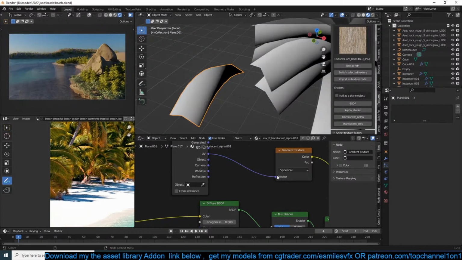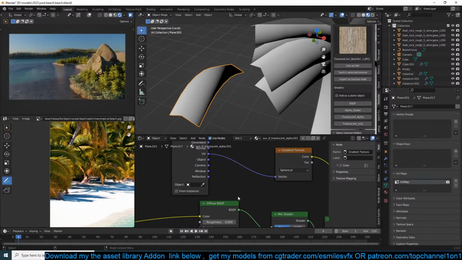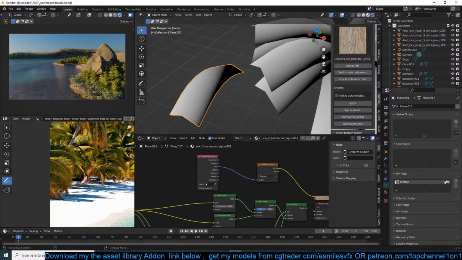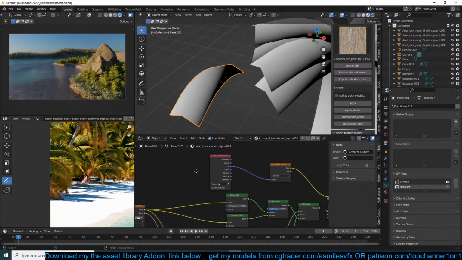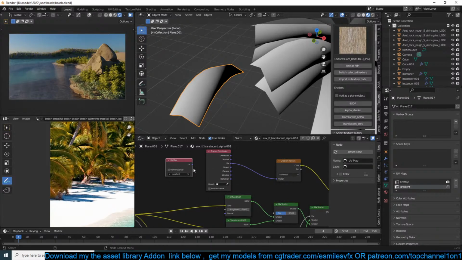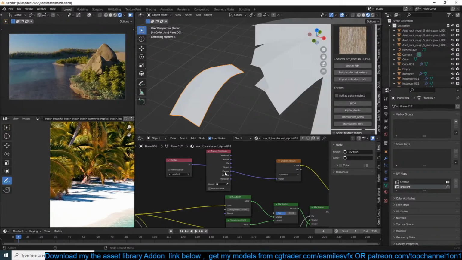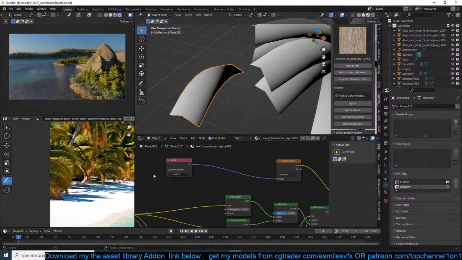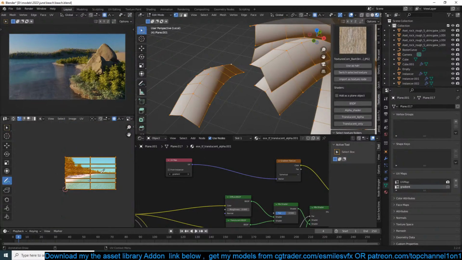And I think I need a different set of UV map. So I'm going to create a new one, so that it doesn't affect the texture we have created. I'll call this gradient. So I will bring that in. UV map gradient. Let's use that. And now we can come to that,